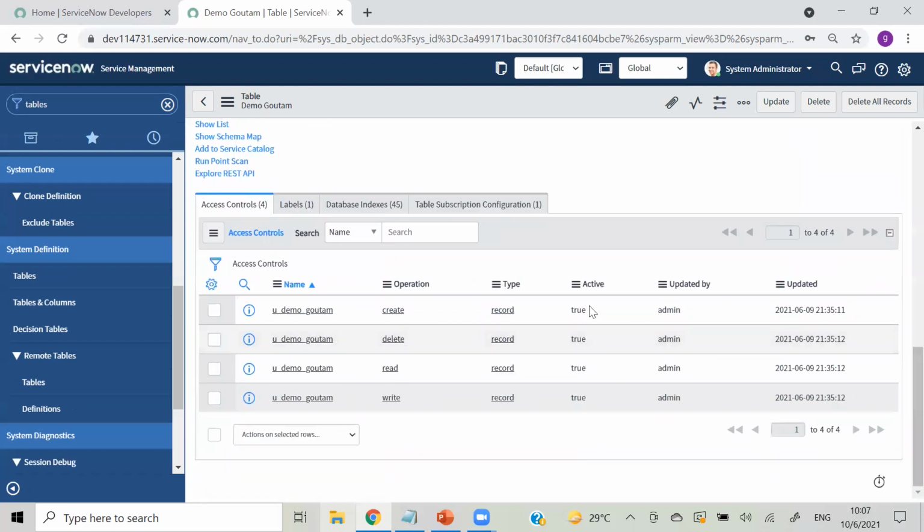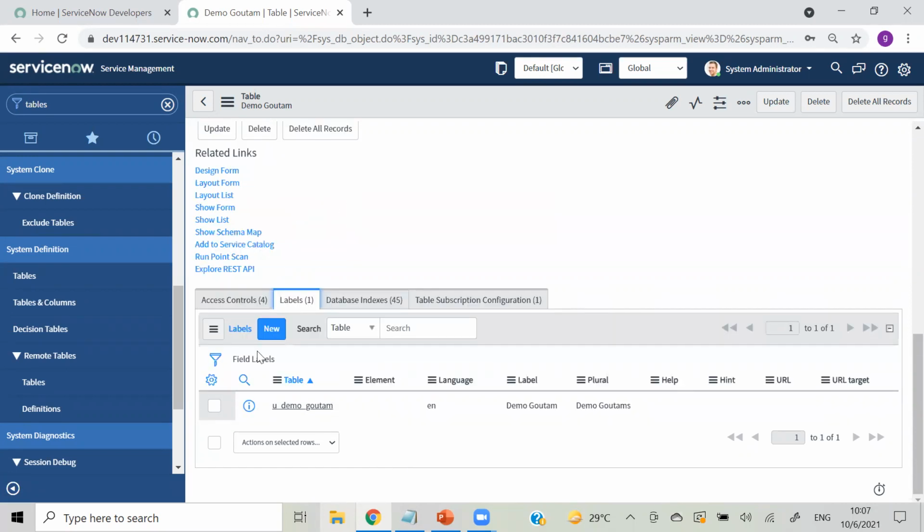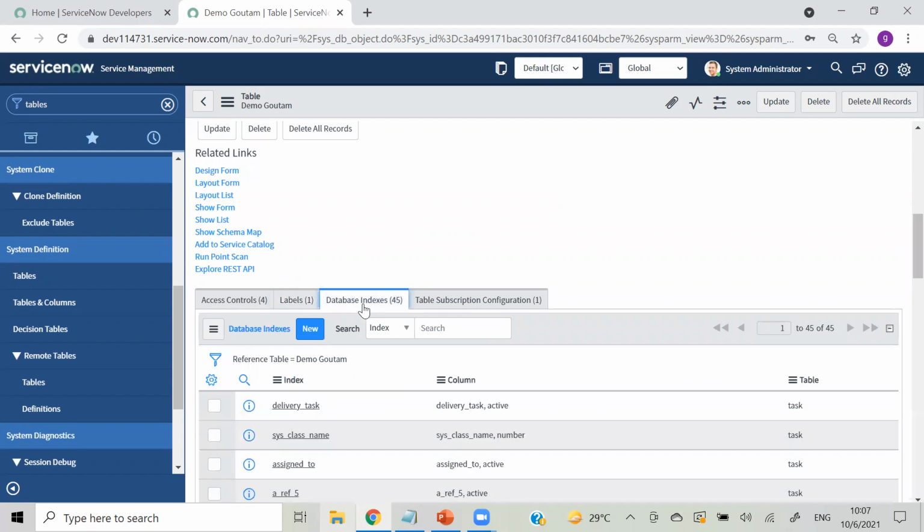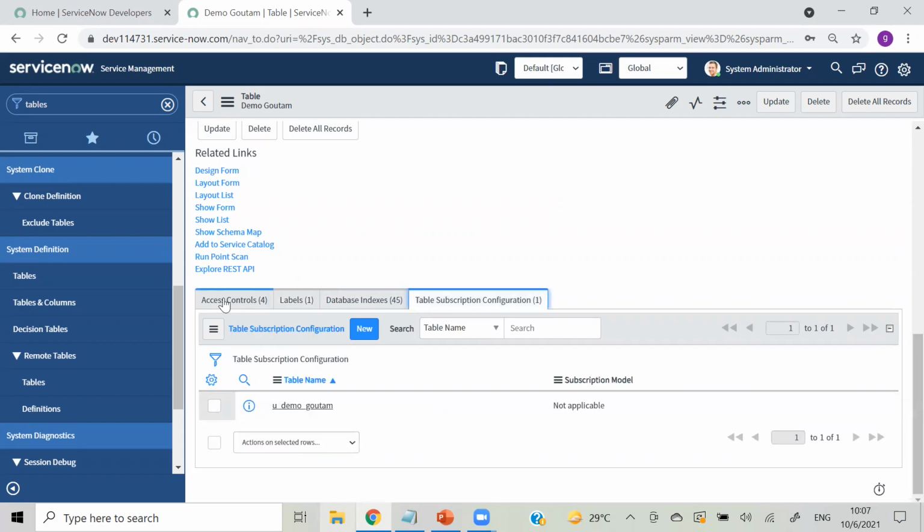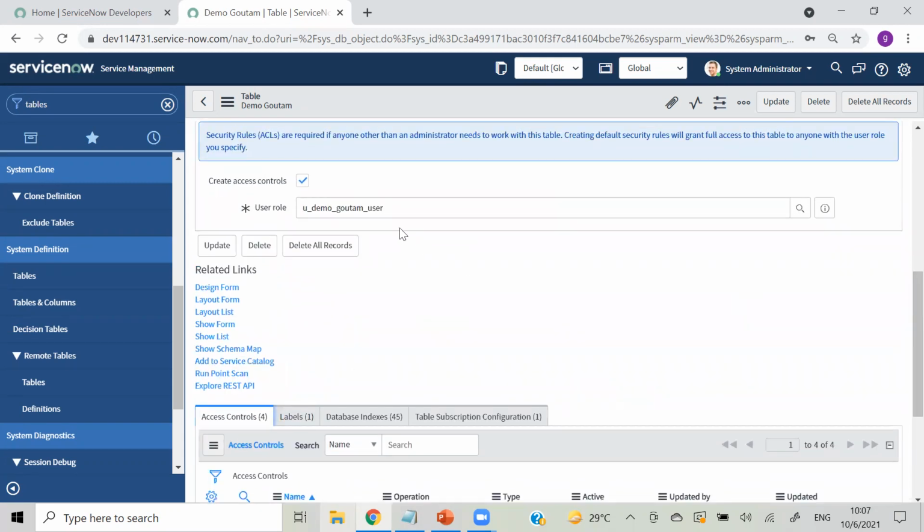On the bottom, you can see whenever we create any table, it will create 4 ACLs. ACL is access control list. This is the access to create any record on this table. This is access to delete a record on this table. This is to read. This is to write. That is the purpose of these ACLs. This label is default, nothing to do here. This data index is also default, nothing to do here.